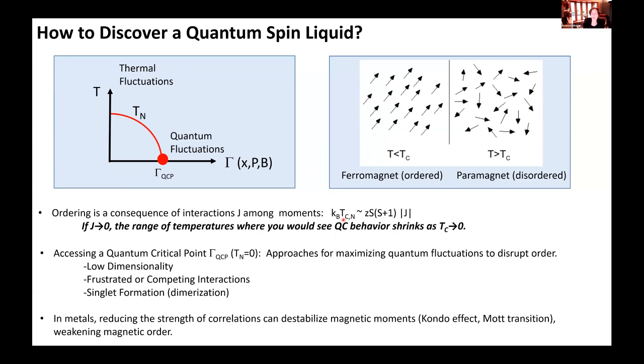So one thing we could imagine doing is making a material where the moments are very far apart, so the exchange is very weak. But this doesn't turn out to be a very good approach, because you first have problems making materials where the moments are infinitely far apart so that TC could be zero. That could be a problem. And what's also true is that even if you could do that, you would find that the quantum critical behavior would also collapse to very low temperatures and very low energies with the ordering temperature itself, taking this approach.